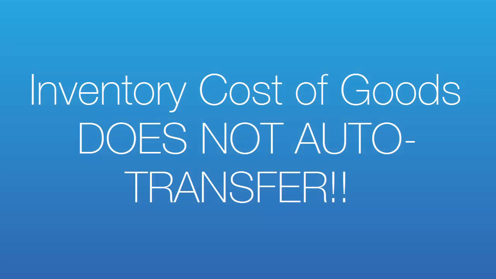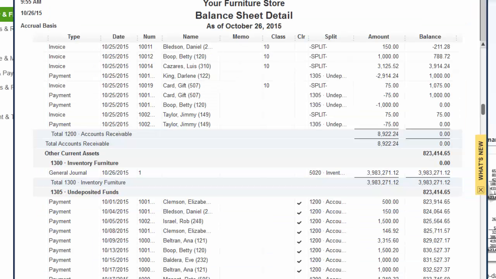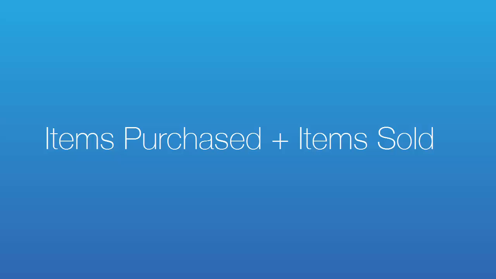Inventory cost of goods does not automatically transfer from Furniture Wizard into QuickBooks. A journal entry in QuickBooks is necessary to reconcile inventory on hand. The inventory figure reflected on the balance sheet should reflect the amount stated on the inventory value report from Furniture Wizard. The inventory adjustment consists of the total of items purchased and received into inventory, less items sold and removed